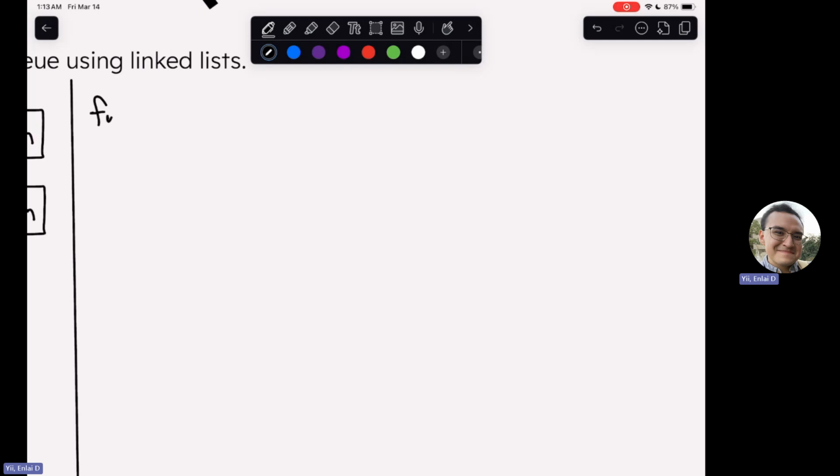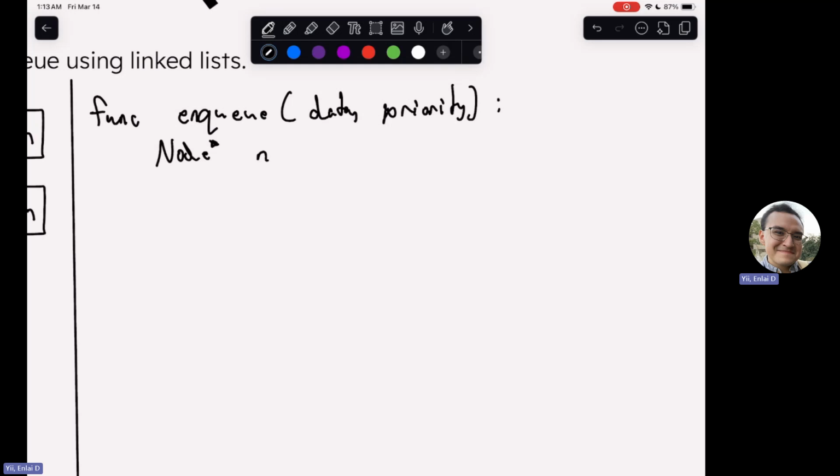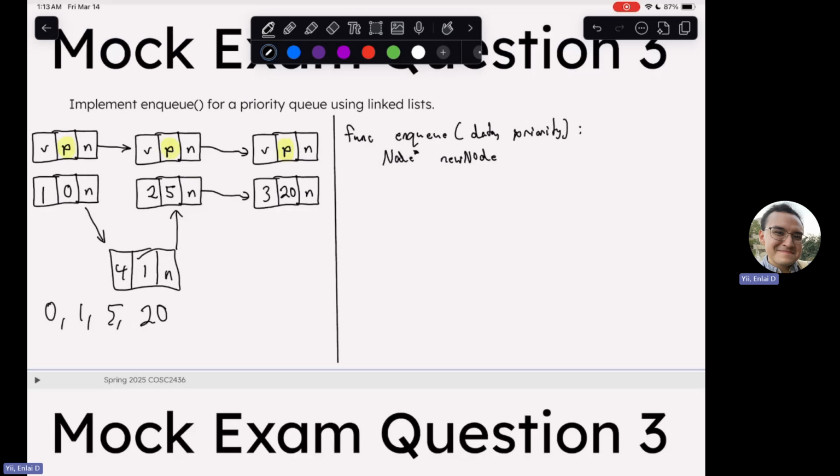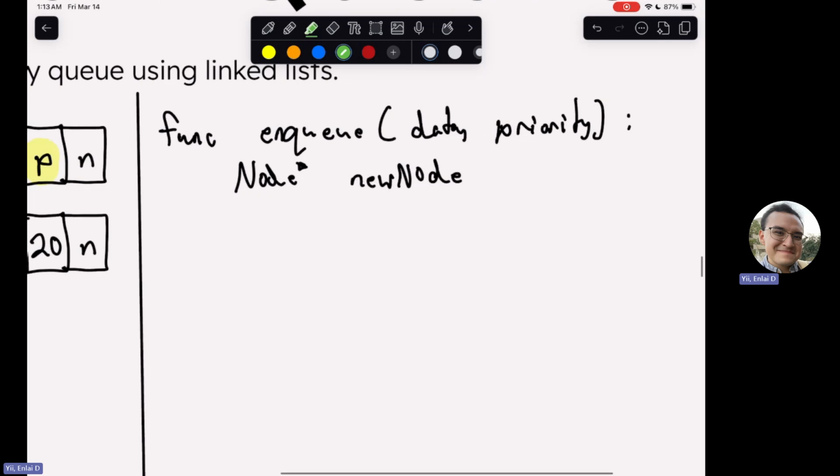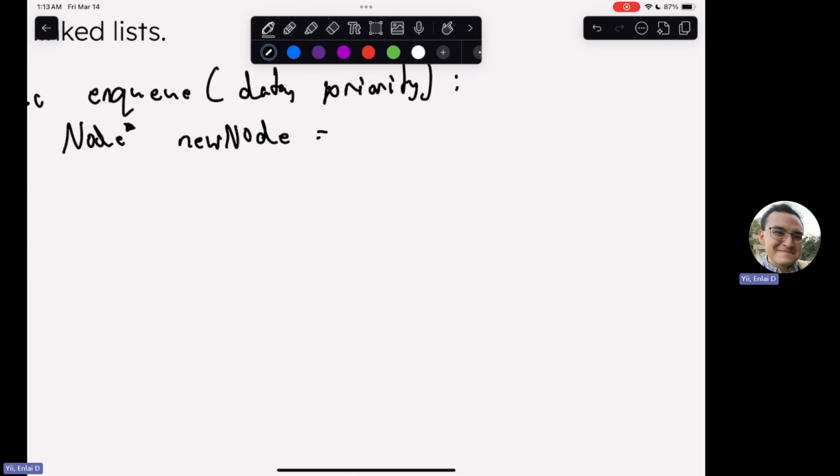So have your function, call it enqueue. Enqueue function, and we have two variables. We have data, which is the data value itself, and we have the priority based on the priority value itself. And so we need to make a new node itself, so we can make a node pointer that will be a new node, which is the node we want to add. In our tracing, this was our new node. And we need to make that via a class that you don't have to worry about. So we can say new